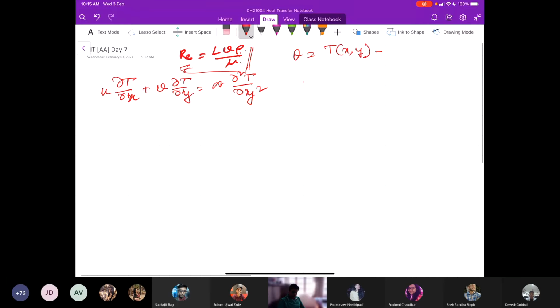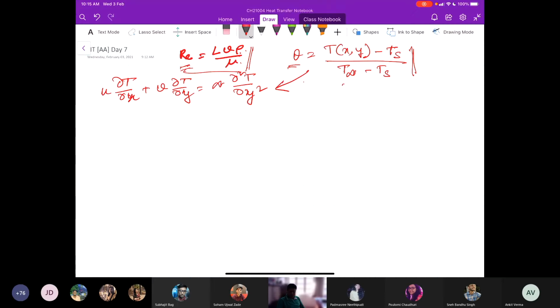T at an unknown position minus the surface temperature, divided by the free stream temperature minus the surface temperature. So this is the surface temperature, this is the free stream temperature, and we define this non-dimensional parameter as theta. Now if we replace this here,